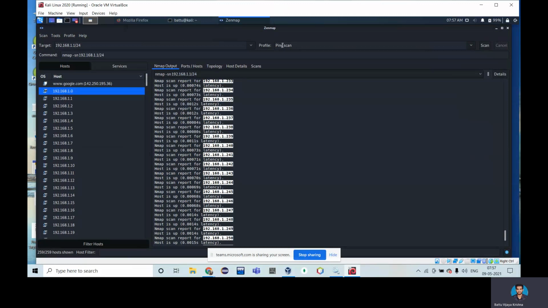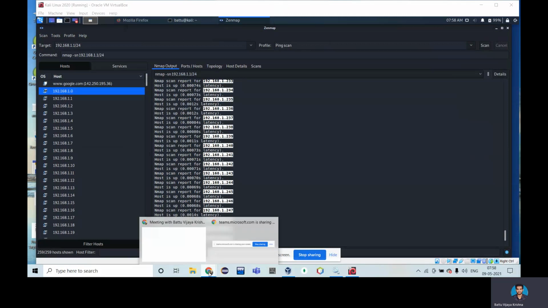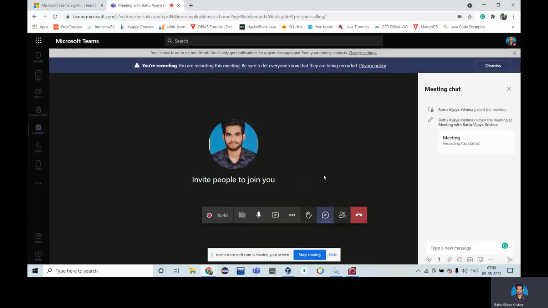So this is about the GenMap tool, which is useful for network scanning, and which uses Nmap in the background in order to perform the whole network scanning. GenMap is available on all operating systems, whether it is Linux or anything else. So thank you.